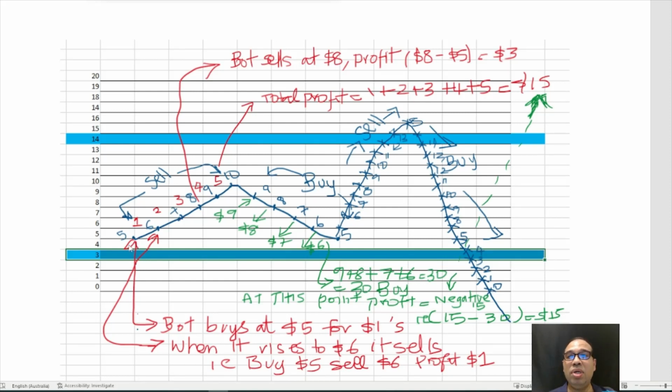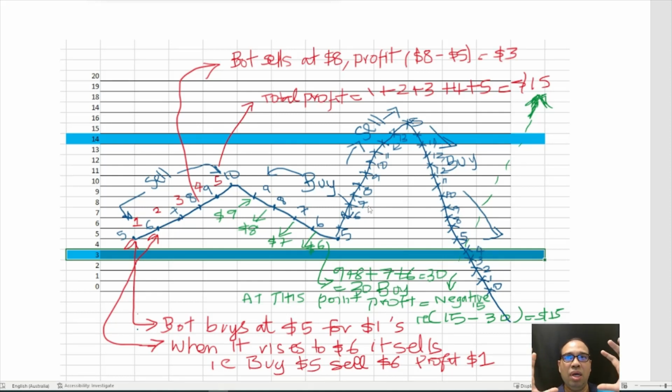So then the coin goes to 6. Obviously it bought at 5, so the bot is going to sell at 6, so it's made this $1. See the red one, it's made $1. Now it has already bought one more at 5, because it bought many of the 5s. Now it's going to sell at 7, it makes $2. Like 5, it's sold at 8, $3, 4, 5. So once you add this 1, 2, 3, 4, 5, it's a total profit of $15. Now at this point you see, wow, beautiful. The coin is, let's say, at $10 right now. Total profit is $15.